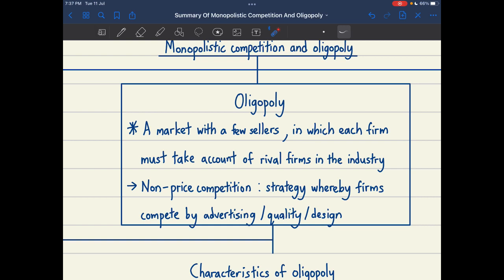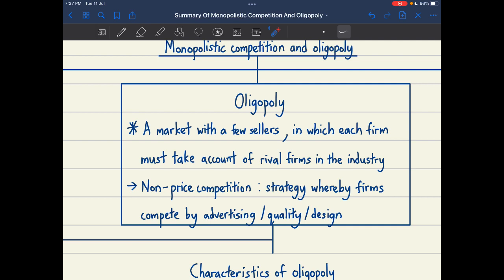Okay, so now let's move on to oligopoly. Oligopoly is basically a market with a few sellers in which each firm must take account of rival firms in the industry. Compared to monopolistic competition, where there are a lot of firms, in oligopoly there are only a few firms, let's say maybe 4 or 5 firms, for example. And then you need to know the definition of non-price competition is basically when the firms compete by advertising, quality,